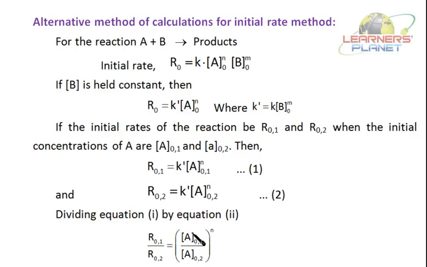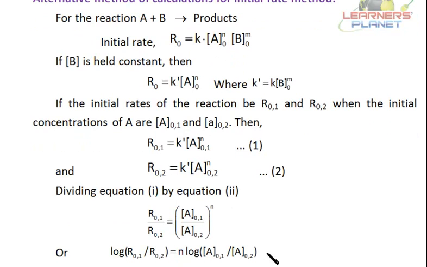This we have used, right? So this is R1 by R2 is equal to A1 by A2 to the power n. This is what we have used, and this is the logarithmic form of it, right? So this is how the rate law expression is determined by the initial rate method. Sorry, it is not the rate of the reaction determined experimentally. I'm so sorry for that. It is the rate law expression which is determined by the initial rate method.